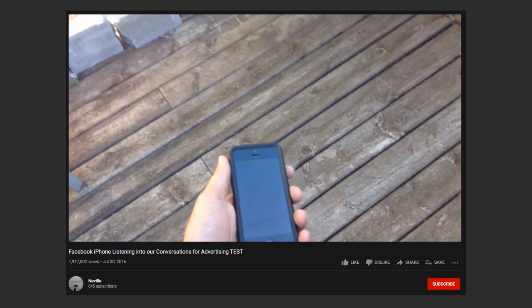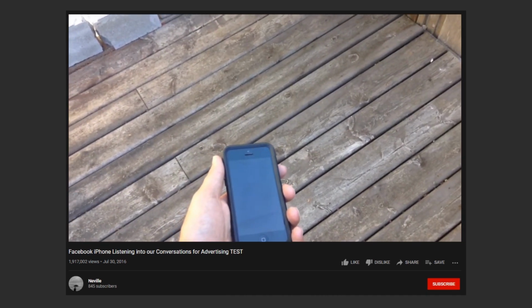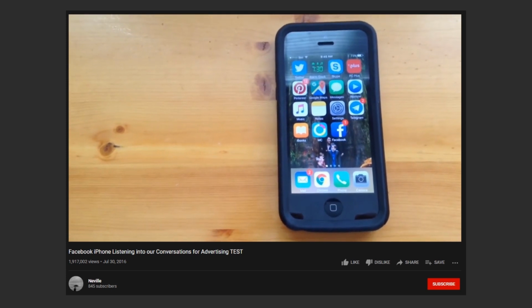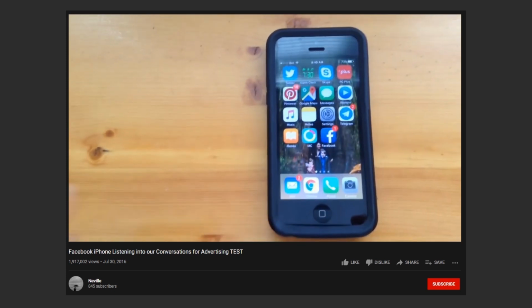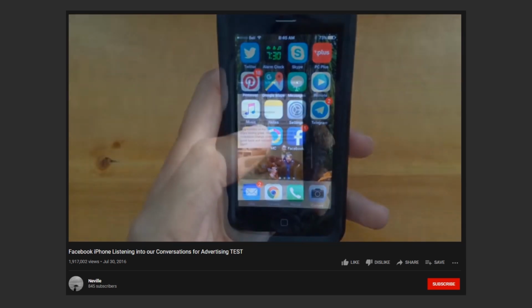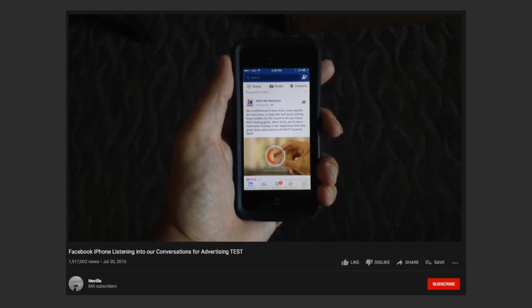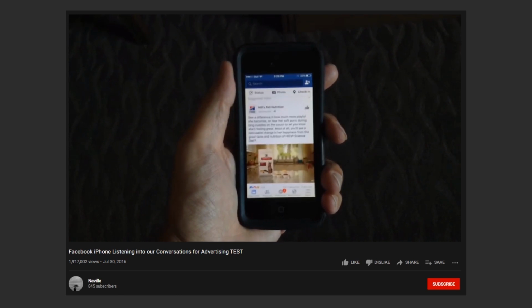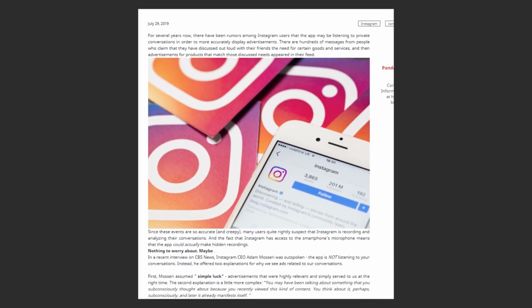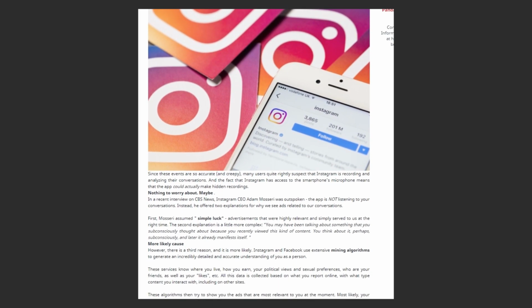To prove his theory, he and his wife continuously spoke about cat food the whole day. They suggested that they needed to look for one because they're running out of supply. About 2 days later, a cat food advertisement started showing on his Facebook feed. He mentioned that it is important to note he never Googled cat food and that they have never had a cat in 20 years.